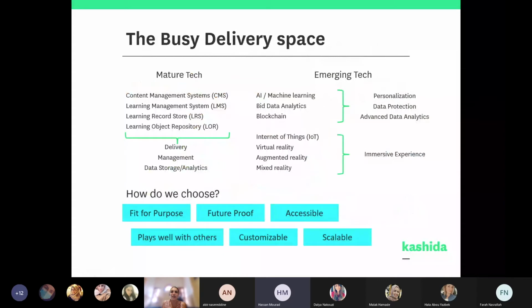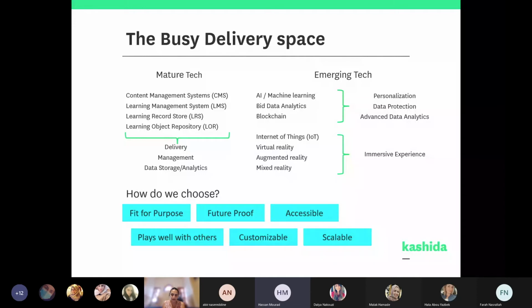Hassan's going to talk about the delivery space, which is where the content lives and how it's being interacted with. Yes, this is going a little bit beyond the Rowad project, but it's still within the context of the Riyali platform and client. When we developed the Rowad program, Riyali had a custom-made platform, a CMS or a light LMS, that they were using to deliver their learning. And after our first engagement, they were consulting with us on the technologies they were using, and we recommended a totally different approach, going with a learning management system.